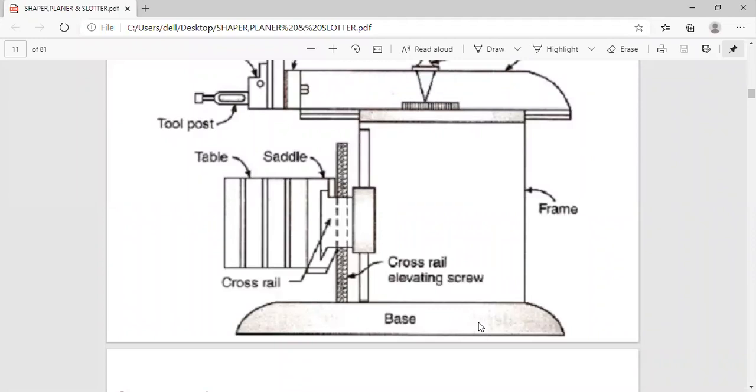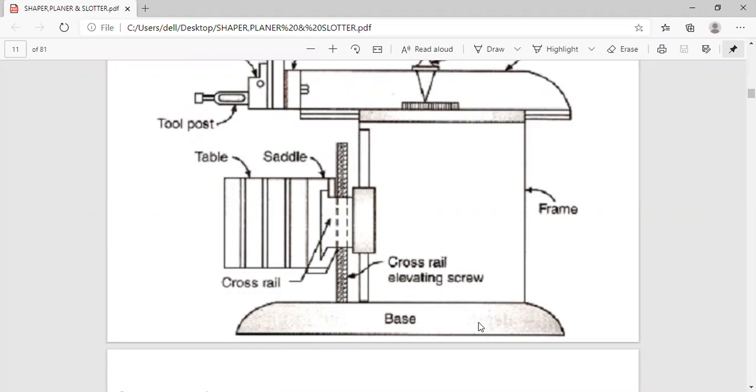Whatever forces are set up by the cutting action of the tool on the workpiece also will be borne by the machine base. That's why beneath the machine we have the supports, or we have to have the damper, because vibrations are produced in the machining process.